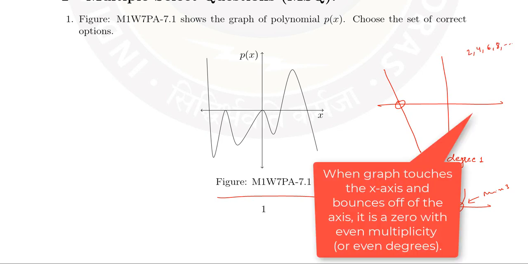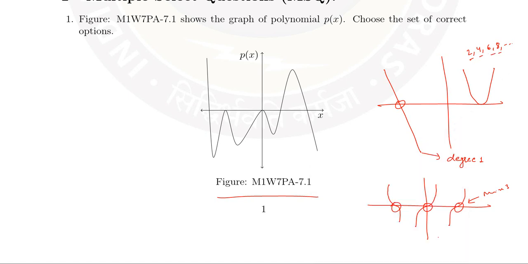And for an even degree polynomial, the curve bounces back and it will be in this form. So it can have any degree like 2, 4, 6, 8 and so on. Now let us address the first and second options given to us. Let's call these points A1, A2, A3, A4 and A5 for simplicity, so that we can address them properly.